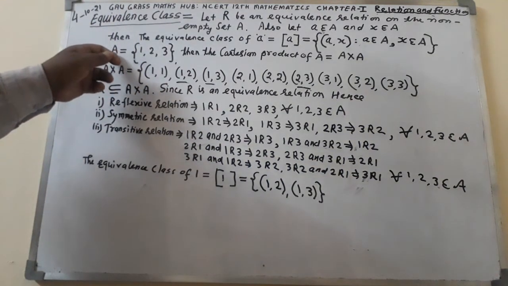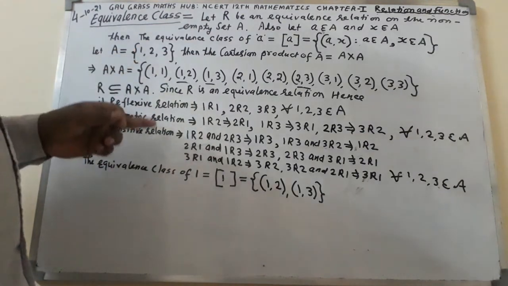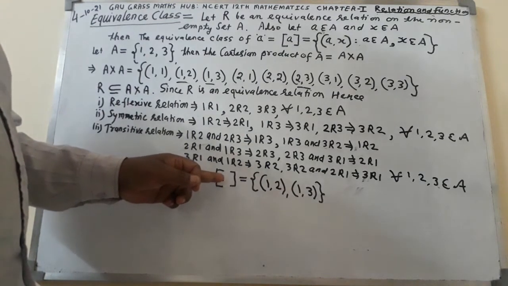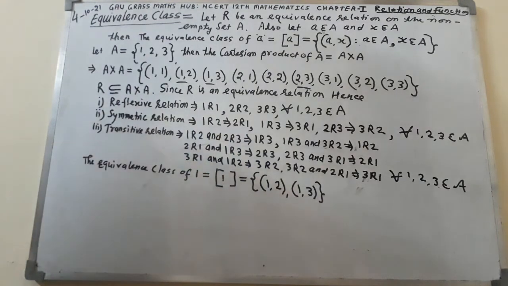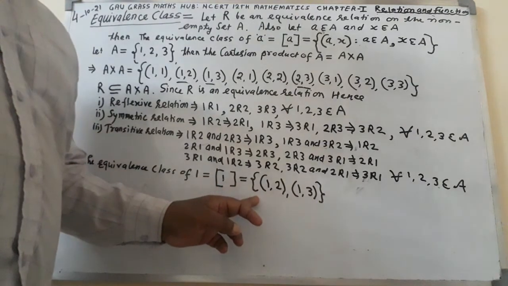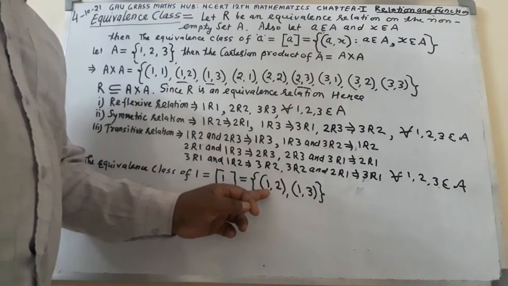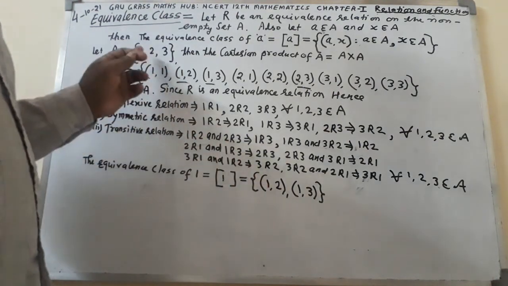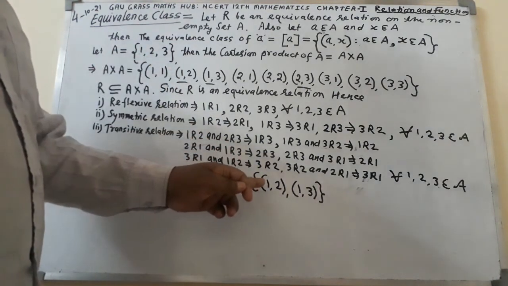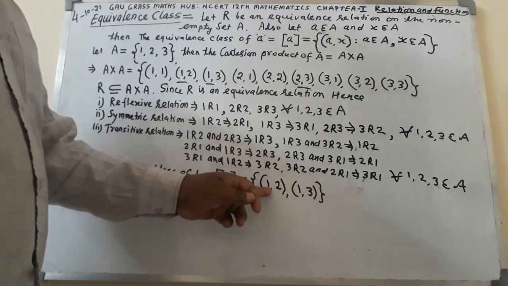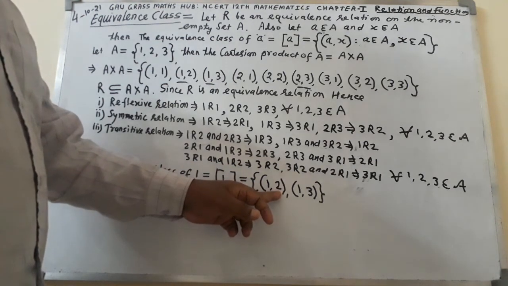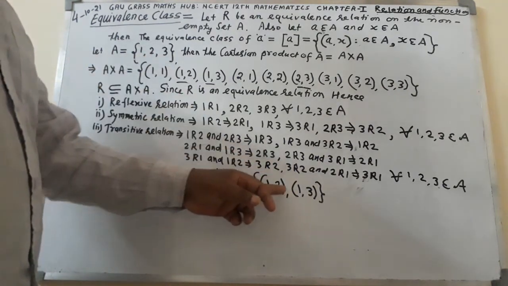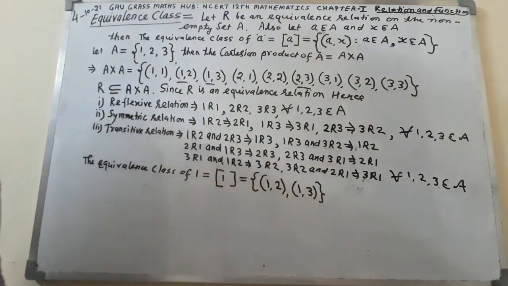Here you can locate set A. The equivalence class of 1, 1 will be written inside the square brackets. Then open here curly bracket. First element of the ordered pair must be 1. So 1 will be taken. This one will be reflected here, 1. Second element will be taken from the set A. These two, 1 1, 2 3, 2 3. Now